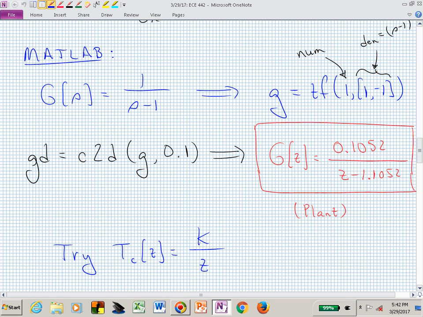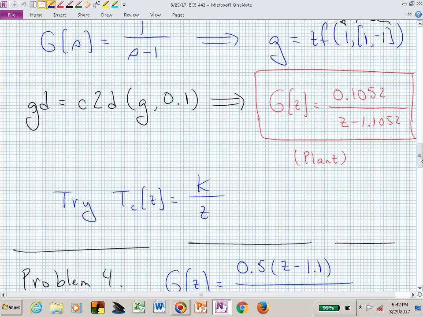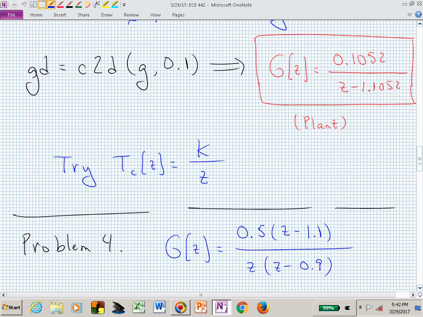You want all of your poles at the origin. In this case, if we have a pole zero excess, and if we want T sub c of z to be as simple as possible, if we don't want a lot of parameters to adjust, which in this case maybe we don't need, we can have a pretty basic desired closed loop transfer function. Just say, a gain over z. That does have a pole at the origin. Those are hints for problem number 3.